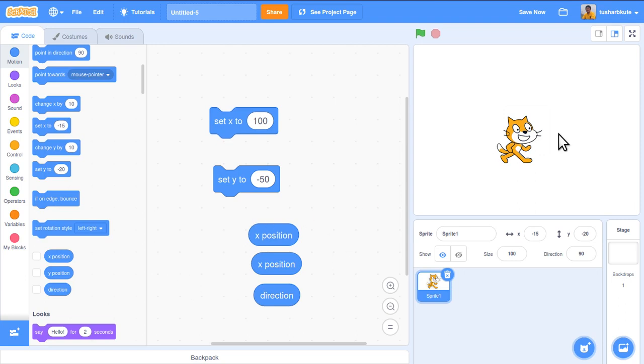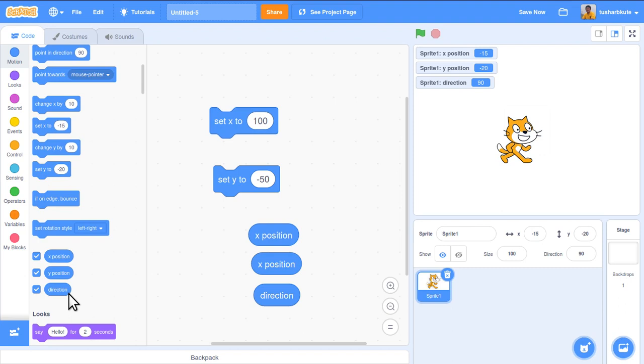Okay, now what's the current position that the sprite is containing? If I want to view it in the output, you can set some options. These are the check boxes present here. If I click on this, see, it's appearing here: Sprite 1 position x minus 15. Y position also I want to show, see this one, minus 20. And what's the direction that it contains?